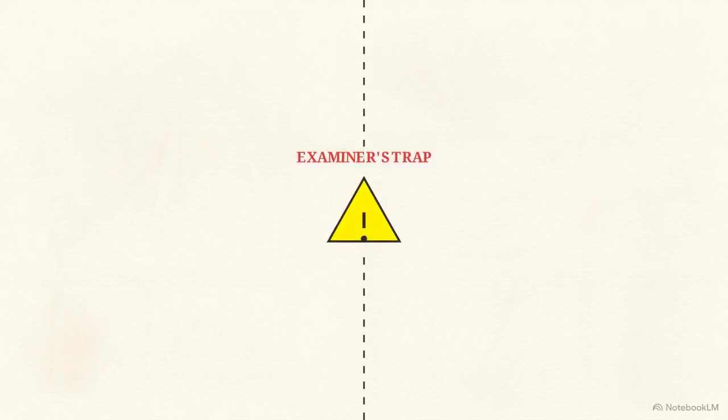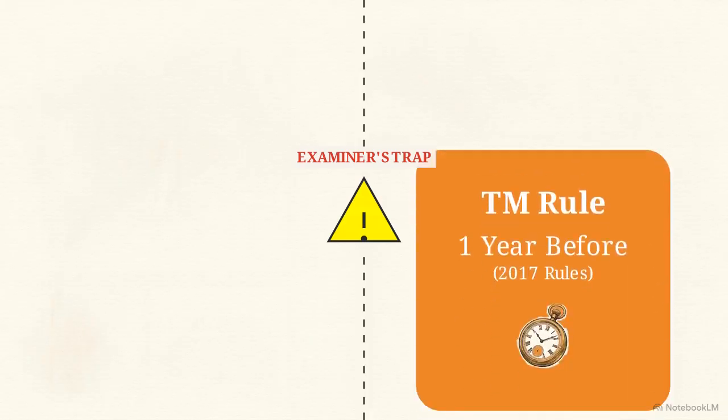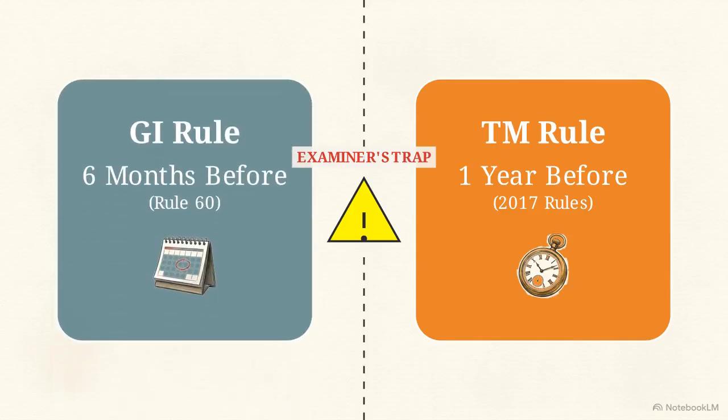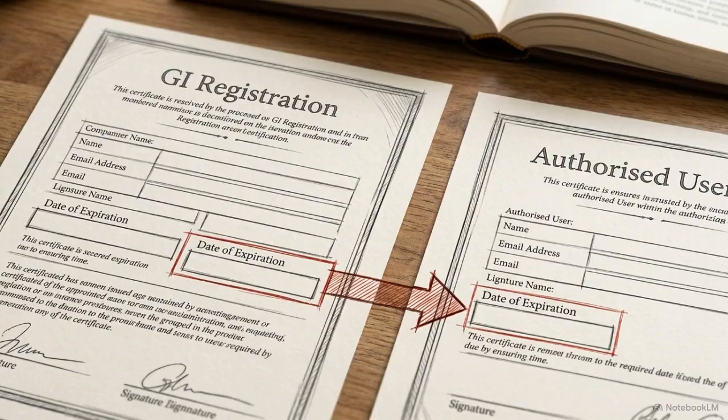Watch for the examiner's trap here. Trademark renewal under the 2017 rules allows filing 1 year before expiry. GI renewal opens only 6 months before. Mixing these timelines up is a common error on the exam. Unlike the flexible trademark framework, GI survival depends on this 6-month window, and an authorized user's validity is always tied